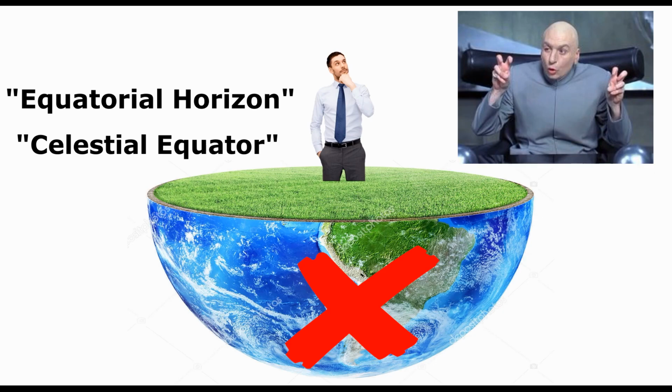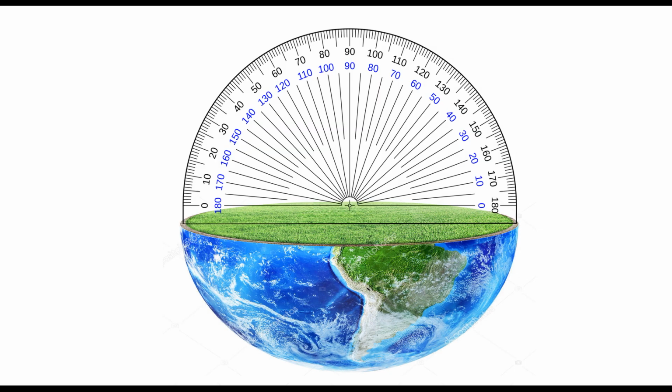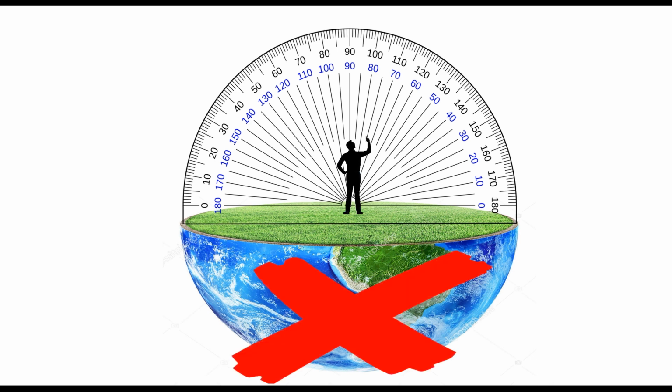When using celestial navigation, they always assume Earth to be flat. They call this equatorial horizon. That funny thing they do imagining cutting Earth in half. Once you consider the part where you are to be flat, you start making your measurements. Here you see the protractor and imagine the person in the center taking angles and measurements. Don't forget to ignore the lower part. It's only for decorative purpose anyway.